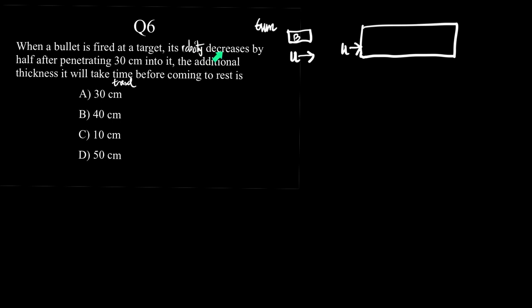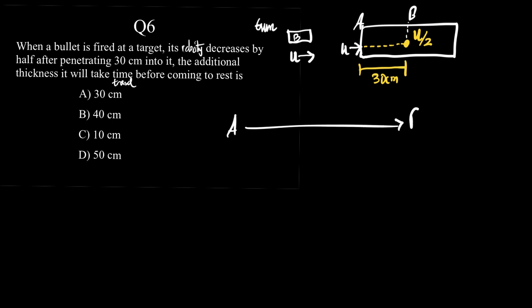According to the question, it decreases by half after penetrating 30 centimeter. So let us say this much distance is 30 centimeters, which means the bullet will slowly come through this region, and when it comes to 30 centimeter, its velocity will become half, which means at this point the velocity is u by 2. Let me just translate this. So this is A and this portion is B, which means for the journey AB, the initial velocity is u and the final velocity is u by 2, and the distance traveled is